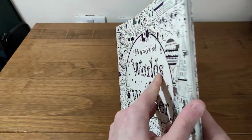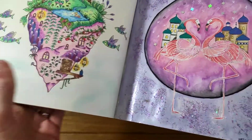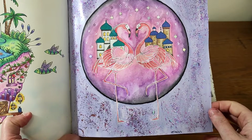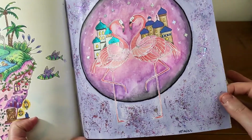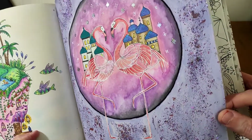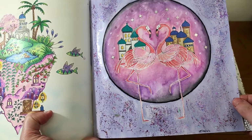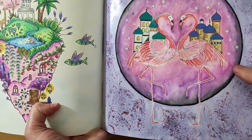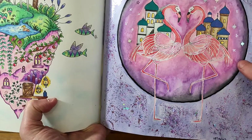Then I did a page from Worlds of Wonder. Again, my daughter chose this page for me. So, yes, flamingos. I knew I wanted the buildings to be fairly neutral in the background, and I knew I wanted the roofs to be done with my Pentel Dual Hybrids, so you can just about see the two tones of that. Flamingos for me had to be pink, and I kind of went over all of the black lines with white. Then this in the background, I think,